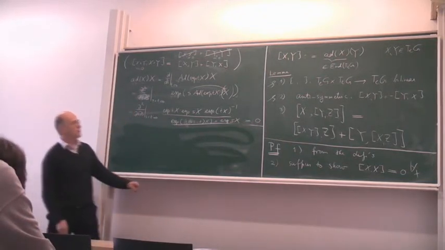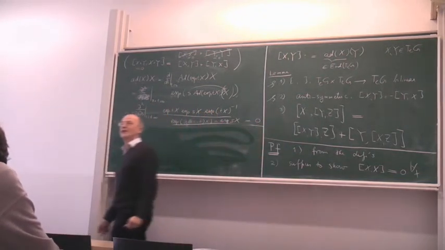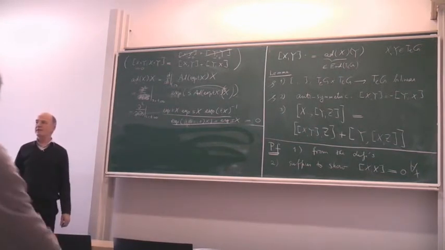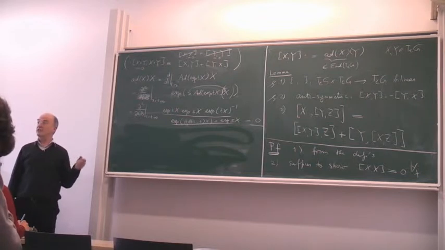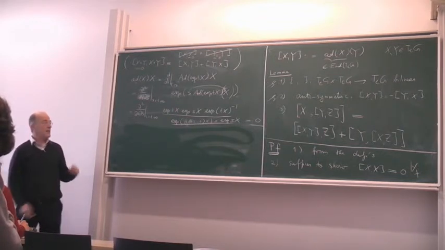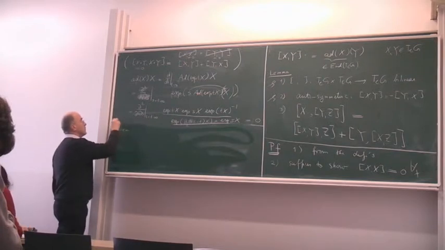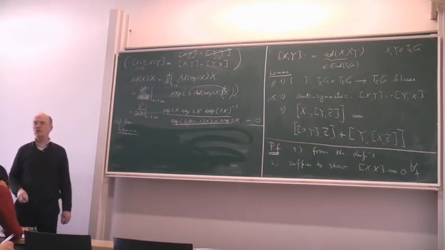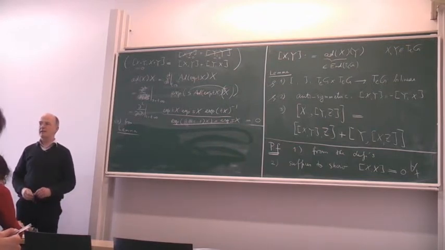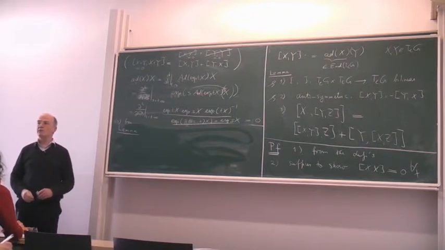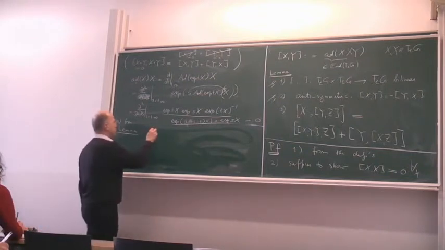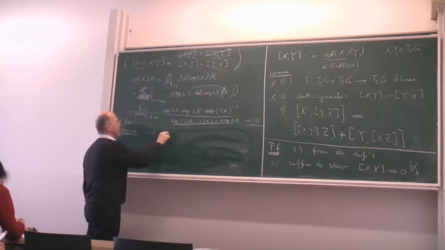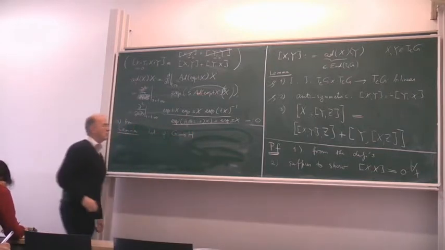So the proof of 3 is really based on a lemma, and that lemma will have another important application in a moment. So 3 will be derived ultimately from the following lemma. The lemma says that the bracket structure, and I think I told you last time already, that if you have a Lie group homomorphism, then it preserves the bracket structure, but we didn't give a proof yet. So suppose, let phi be a homomorphism of Lie groups,